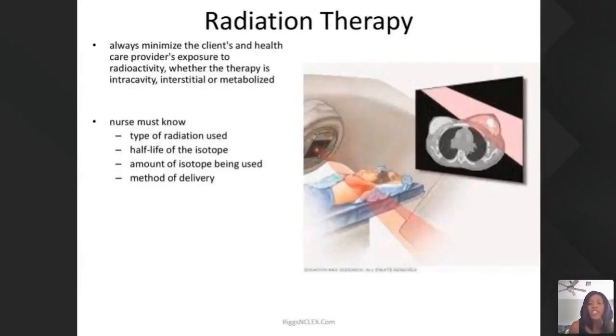Radiation therapy. So radiation therapy, you need to remember, you have Mrs. Jones who has been diagnosed with breast cancer and may need radiation, right? So what type of radiation, what's the half-life of the radiation, but it's how you care for these clients. With clients on radiation, you need to be cautious of their body's secretions. So you cannot touch them. You need to make sure that you don't spend too much time even in the rooms of clients that are under radiation. And if they have, for example, an implant and it gets dislodged, you need to make sure you never